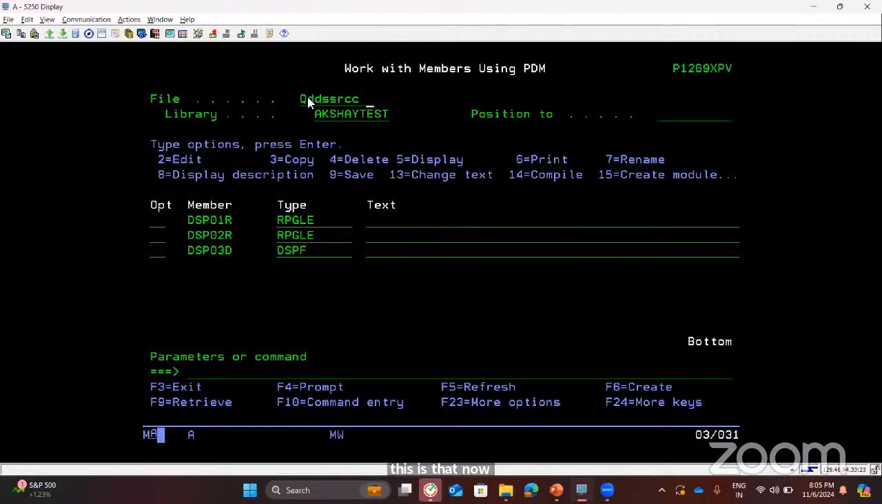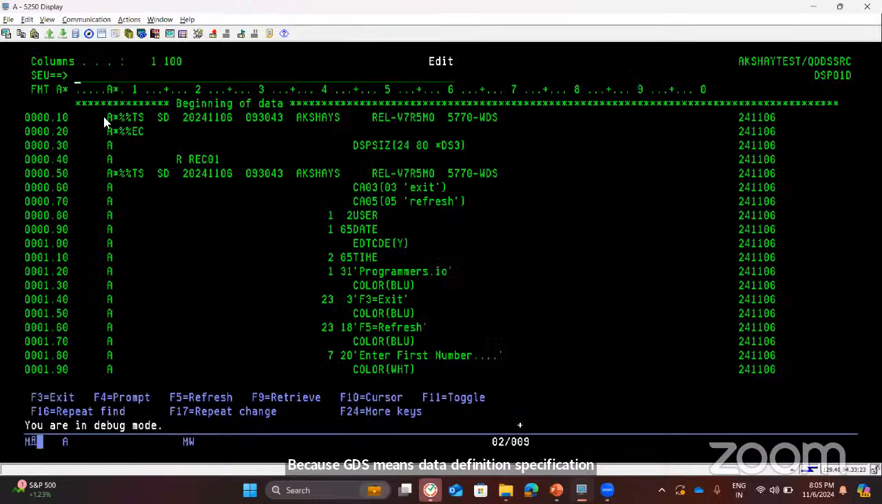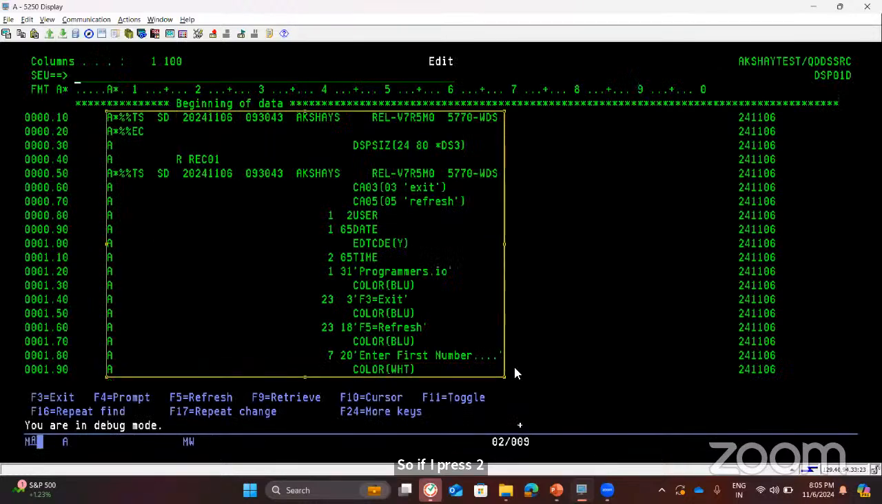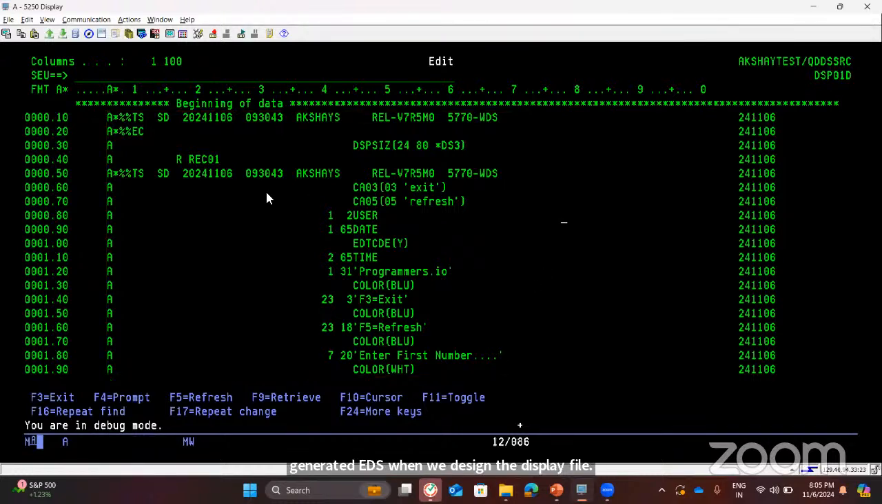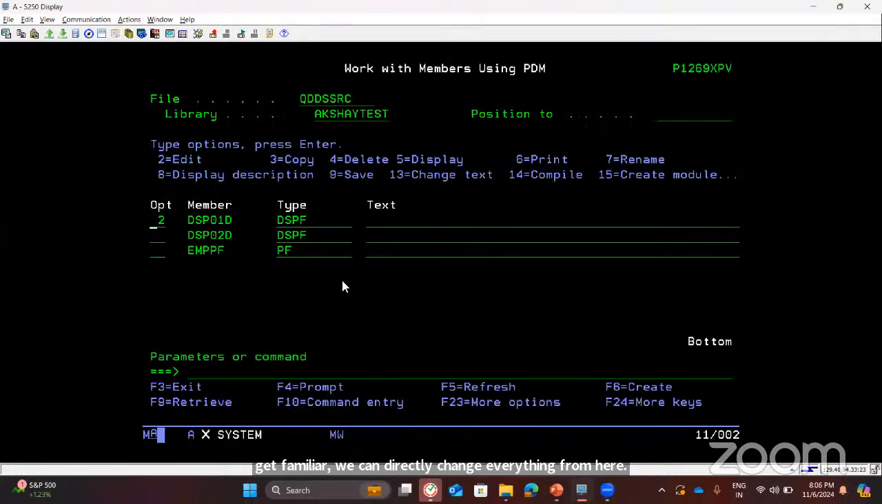one last thing which we can discuss is, you can see by option 2 or by option 5 we can see the DDS of that display file. DDS means data definition specification. If I press 2, this is an automatically generated DDS when we design the display file. In the beginning, the user will have to design it using STRSDA or the 17 option. But once we get familiar, we can directly change everything from here. So if I try to change something,